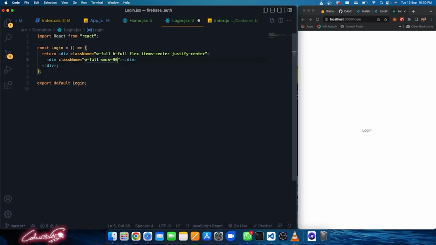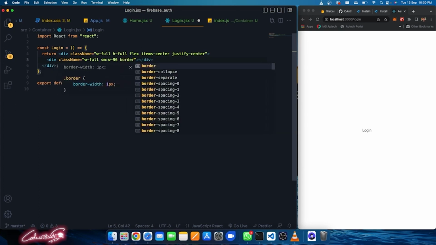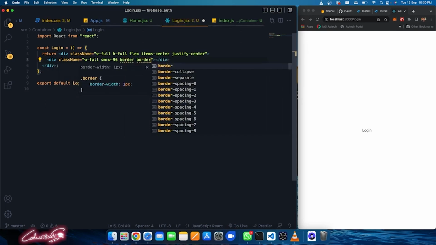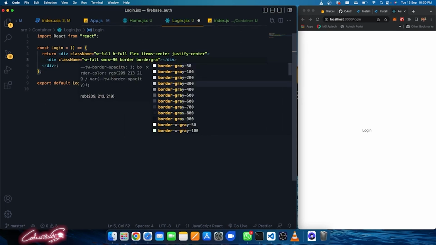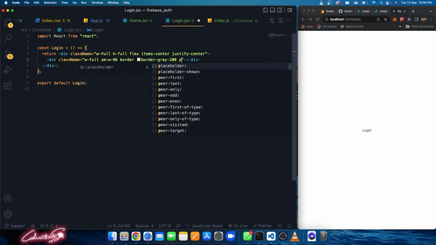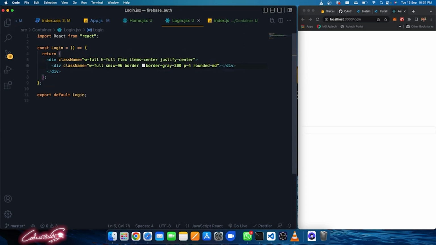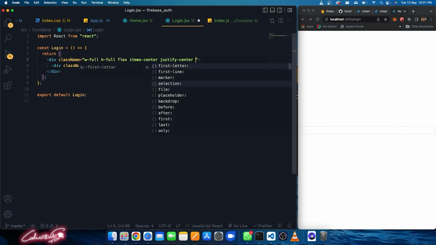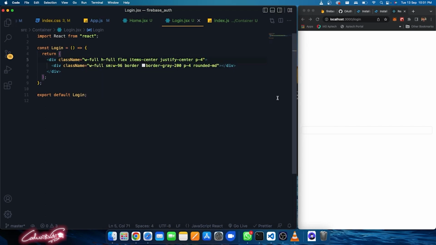Okay, with 384 pixels, and border gray 200, and padding I'm just going to give 4, and I'm going to say rounded, so that means you can see this option. Okay, so still this is a small screen, so we can add some padding here also, padding 4, so that you can see this pretty much clear over here. All right, so then